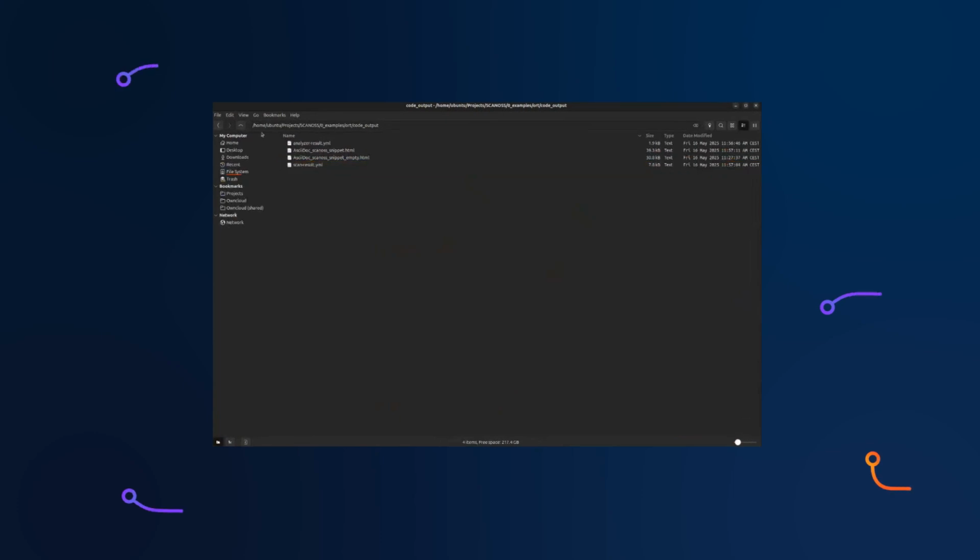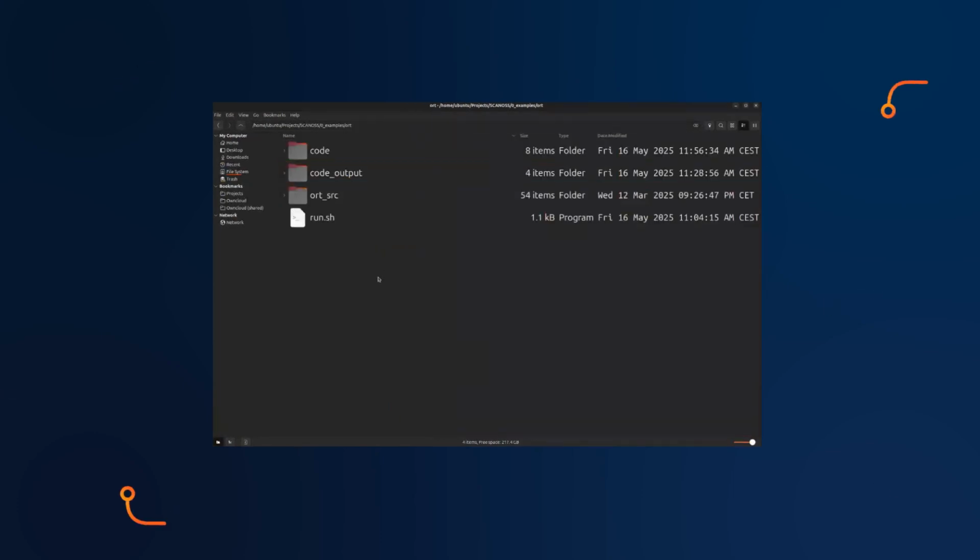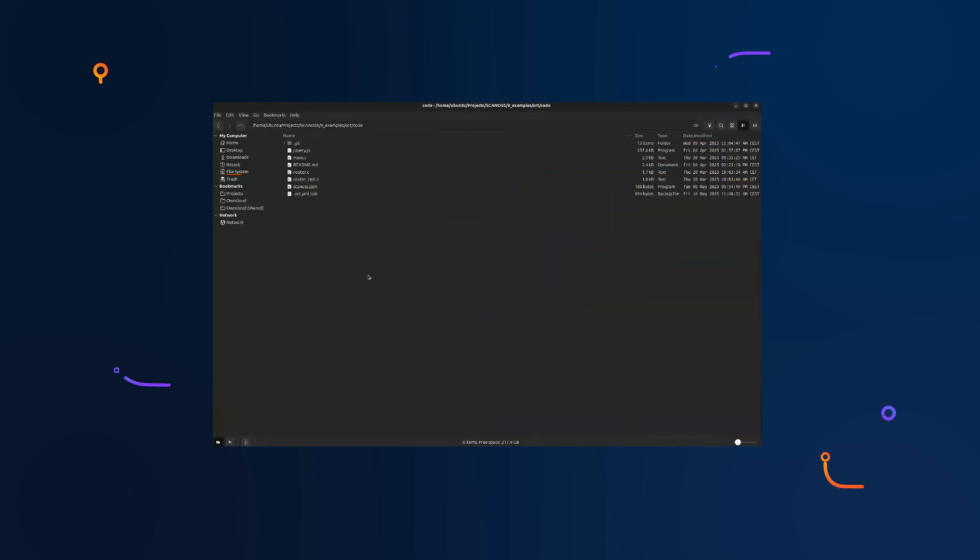So I will show you a quick demo for the ORT, what features we have so far. This is a CLI, command line interface, that is used to run test things in the console or to make automations. It usually takes machine-readable data as input and produces machine-readable data as output. I have a folder here with open source code that we are going to scan using ORT and the SCANOSS